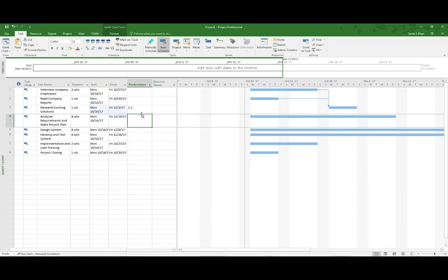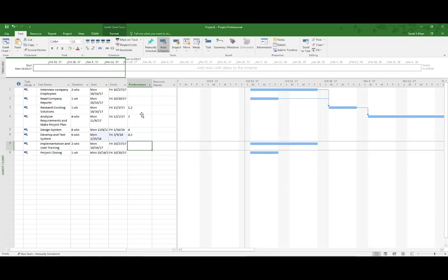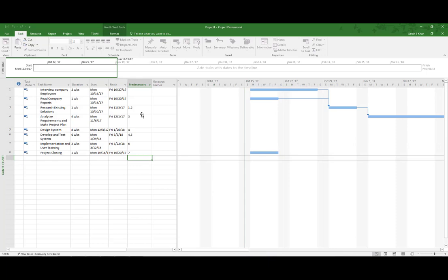The fourth task depended on the completion of the third task. Fifth task was dependent on the completion of the fourth task. Development and testing of the system depended on the complete analysis as well as the design of the system. So fourth and fifth tasks are the predecessors of task 6. Task 6 is a predecessor of task 7, and task 8 has a predecessor